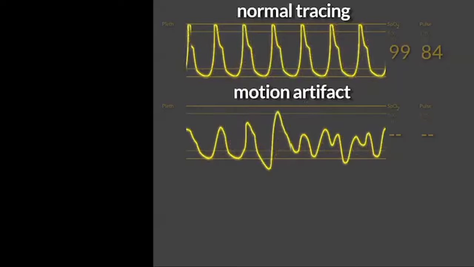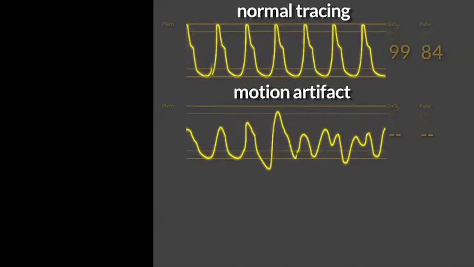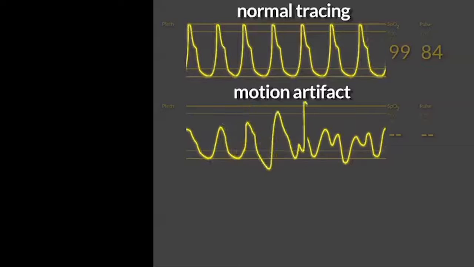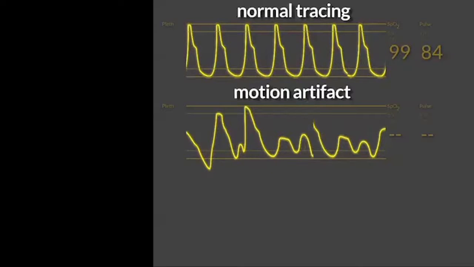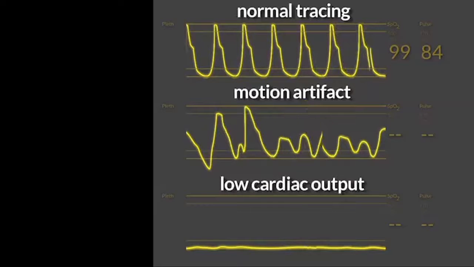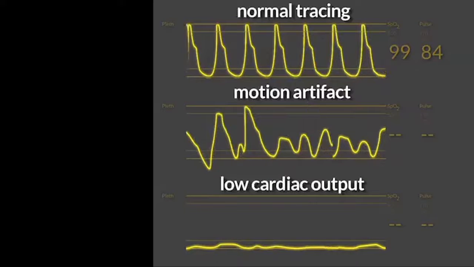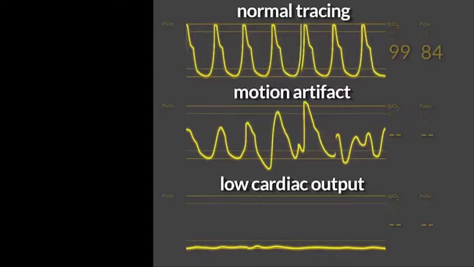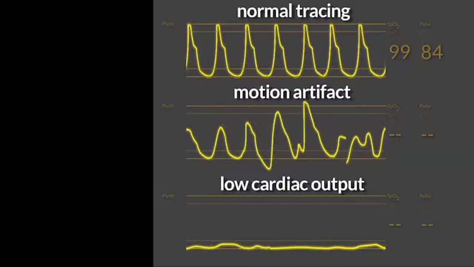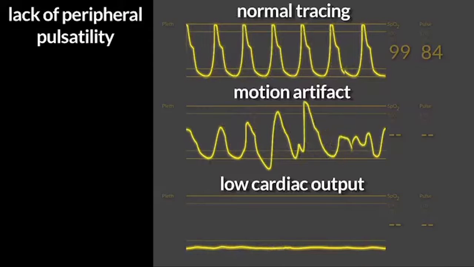Additionally, some of the hemoglobinopathies can cause a problem in terms of the sensing mechanism and the properties of the pulse oximeter absorbing different wavelengths of light. And finally, and most importantly, the low output state can cause a lot of problems for using pulse oximetry. So patients that are severely dehydrated, patients that are hypovolemic, patients with sepsis, patients in shock for any reason, and patients with low cardiac output can often have a lack of peripheral pulses, and this lack of peripheral pulsatility can